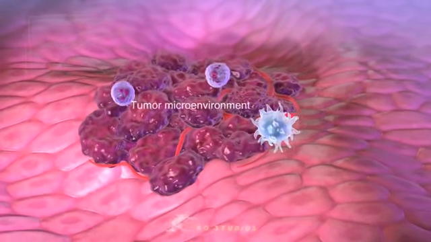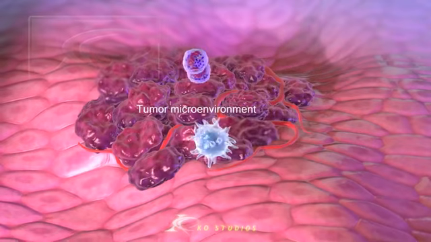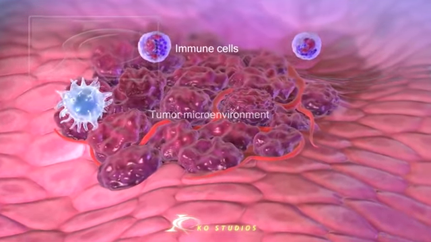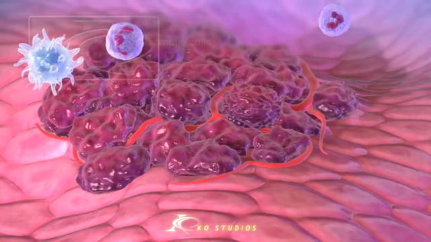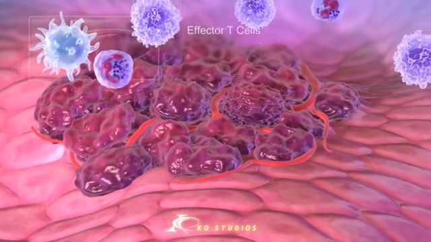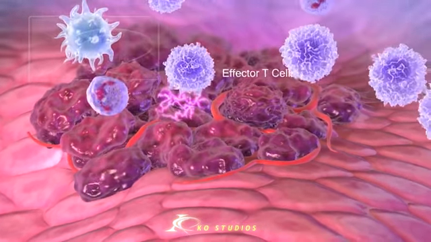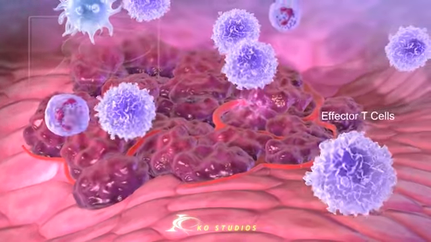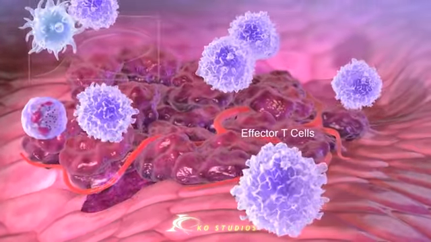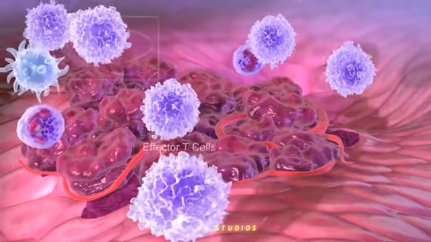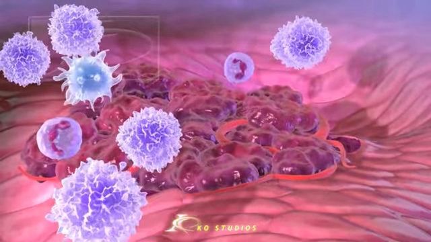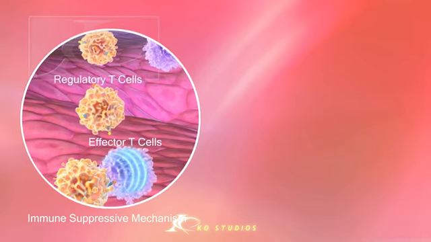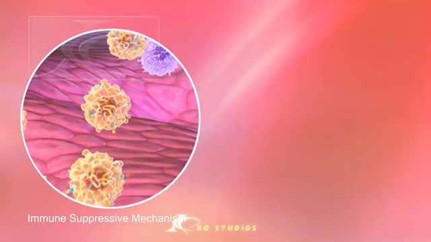The tumor microenvironment is a complex system of tumor cells, blood vessels, supportive tissues, and immune cells. Under the process of immune surveillance, the immune system can recognize tumor cells as being foreign and proactively respond by activating and expanding tumor-specific CD8 positive T cells, also known as effector T cells, that are capable of destroying the tumor cells. Normally, the increased activation of the immune system turns on suppressive mechanisms to prevent inflammation from spreading and